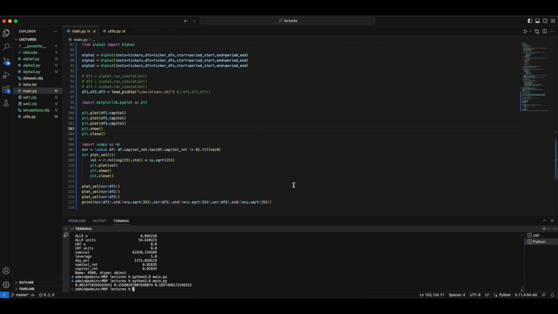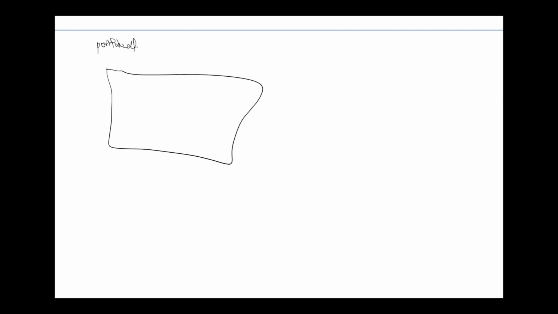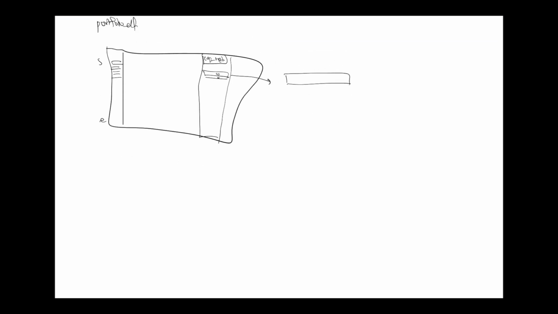Okay, let me explain what I'm doing here. Remember that we computed inside our portfolio DF, one of the columns is set capital return. Because we align our data frame to have every single day between start and end, there are bound to be holidays and weekends, so there'll be a lot of 0 rows. So we're just going to extract this, and then filter out the 0 rows. We're only going to get non-zero return values inside this list,